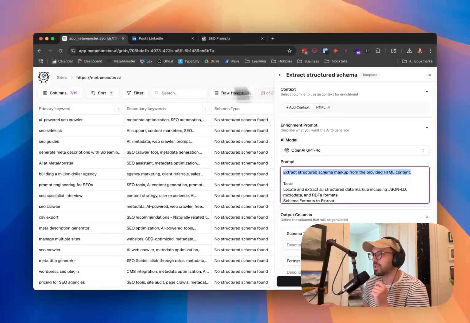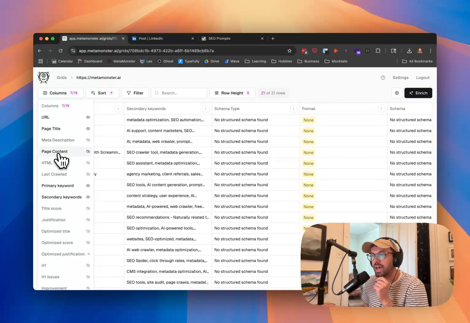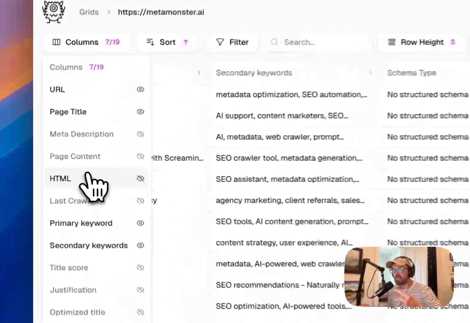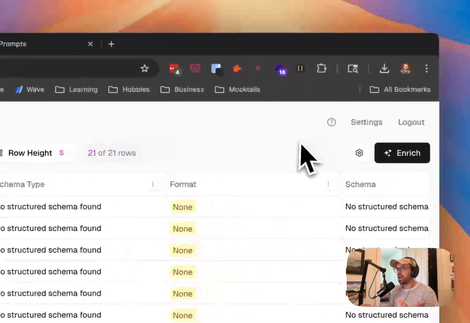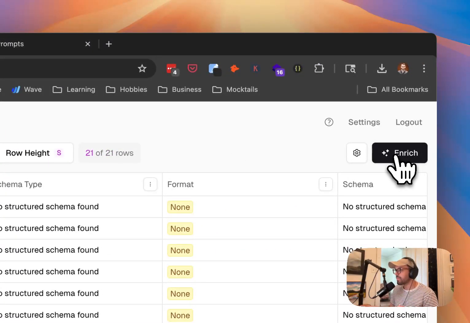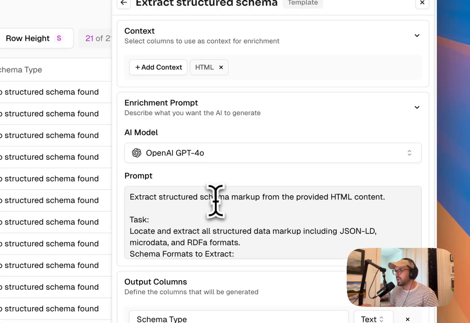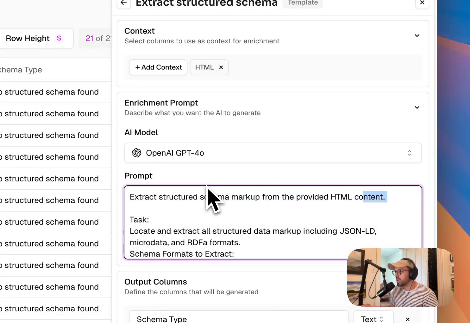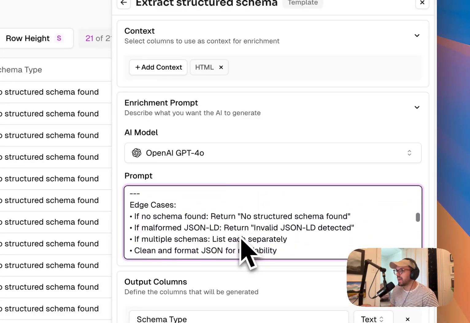When we crawl a site, we always capture the page content as both HTML and then convert it to Markdown to make it easier for AI to work with. But for a lot of stuff, you might want the actual HTML so that the LLM can detect tags and things like that. So if we go back into our template here, it's extracting schema markup from the provided HTML, and then it is recording